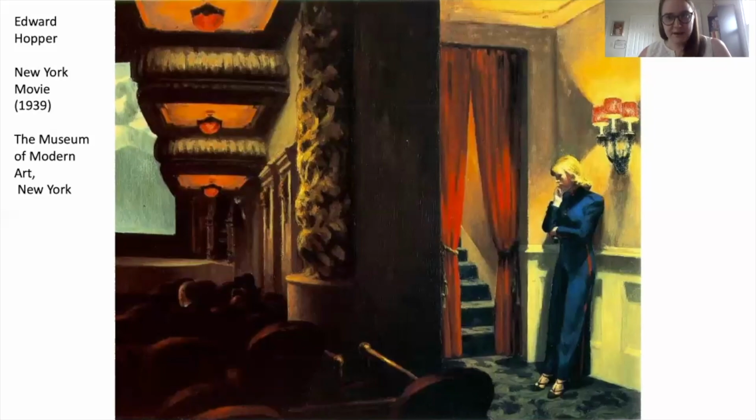He gets compared a lot to Norman Rockwell, and he actually really did not like that comparison because he felt that Rockwell was too idealistic, too nostalgic. He would kind of distort things towards the really positive, which Edward Hopper didn't want to do. And there are plenty of people who met him in his life who said that he was kind of grumpy,